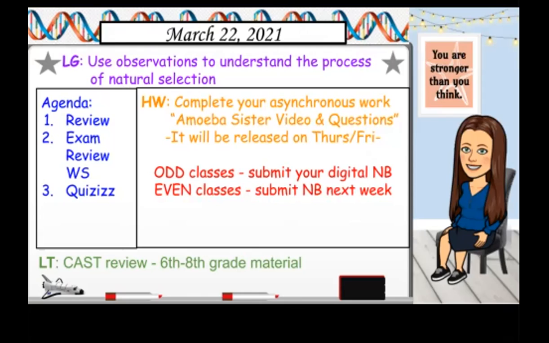Okay. Now, with this unit, we are not going to have a final exam for natural selection. This is our final unit before you guys take the state exam. And so what we're going to jump into right at the end of this unit, because it's pretty short, we have all the holidays and whatnot.